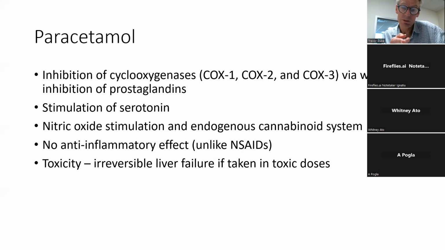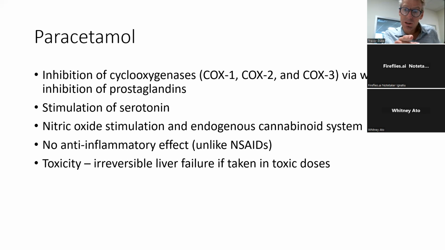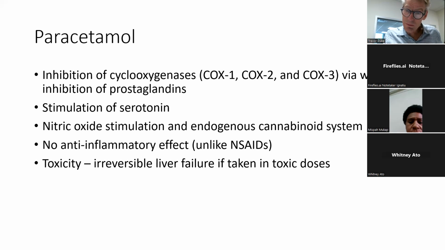It also has some stimulation of a hormone called serotonin, which has two effects. One is it can sometimes relieve our pain and make us more happy, and sometimes it can cause a bit more pain. So there is a biphasic effect of serotonin, which is also a mediator of pain, but also sometimes a mediator of